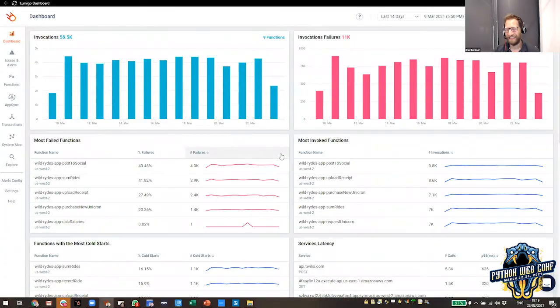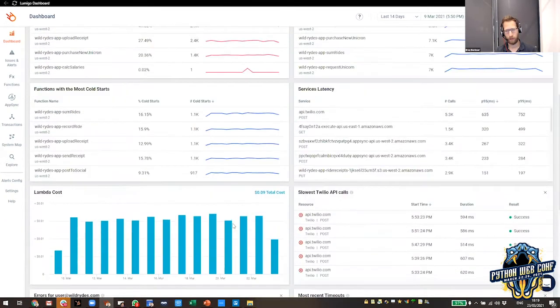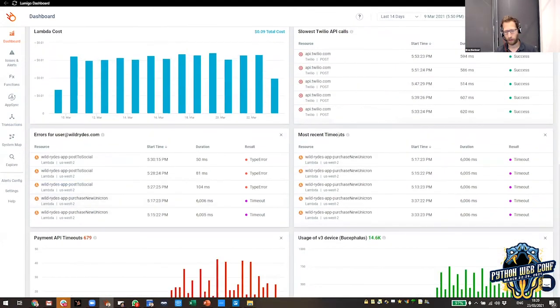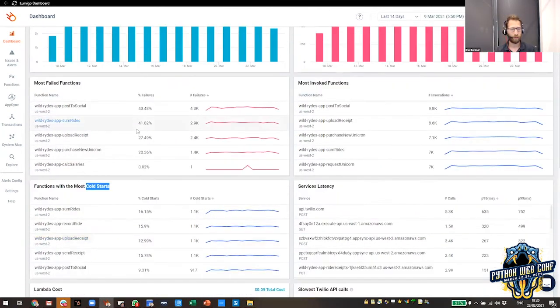Thank you. So this is an example. Again, I'm showing Lumigo here. It can be any platform that you're using, but the essential part is starting by having an alert about things that are critical, having the visibility. Things like how many requests or invocations do you have, how many failures, what are the ones that are failing the most, what are the ones that have specific latencies or issues or costs. So there are different things that you need to monitor in those environments. I mentioned timeouts and durations. Cold start is another very common thing when we talk specifically about serverless within the modern cloud.